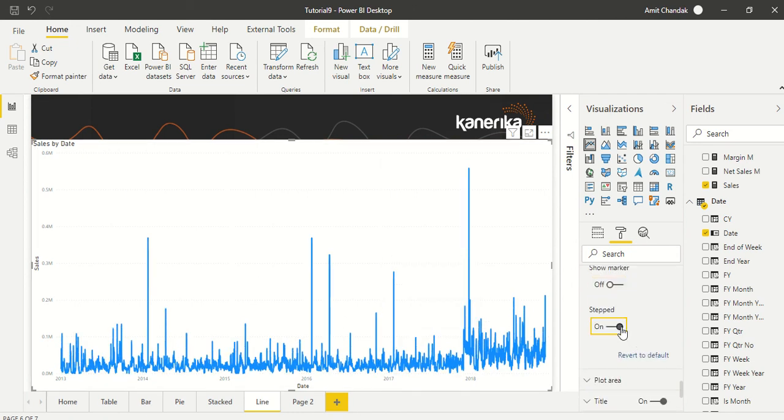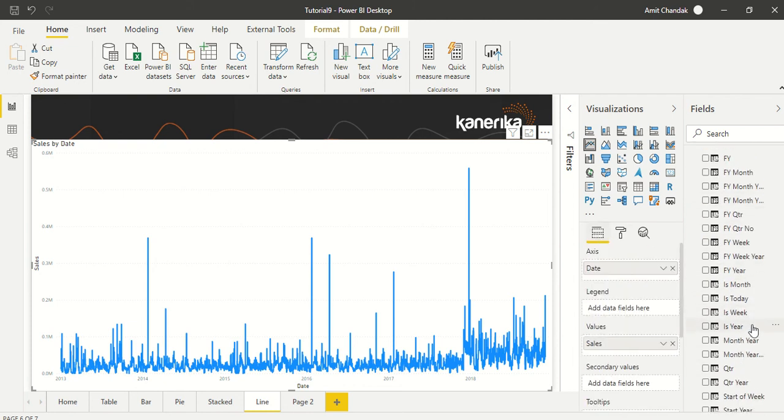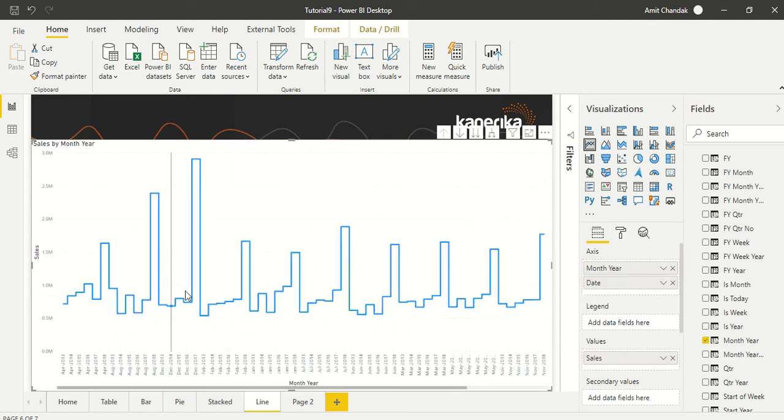And then stepped is one option which you can play around with. But now this is too big. Let's make it a bit smaller. Then we will be able to see. Let's say instead of this one, now if I take, let's say, month here. Where is our month here? So let's try to take this one, and now you observe the difference between what we wanted to have actually in the stepped chart versus what we have in the line chart.